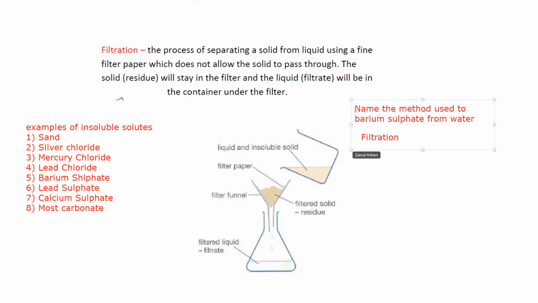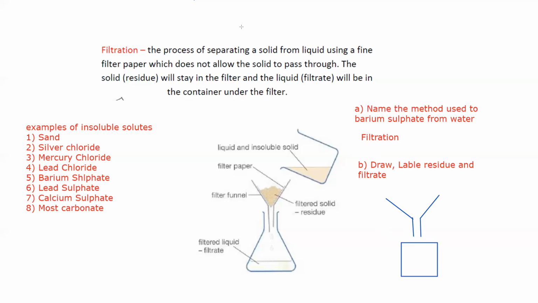And the second part, sometimes they ask to label the apparatus or label the residue and filtrate. So sometimes they ask to draw. So you should be able to draw the filter funnel. What will you draw? You don't have to draw the beaker. You can simply draw the filter funnel, and at the bottom you can have a conical flask, or at the bottom you can have a beaker. On the filter funnel, what do we have to label? The residue. So the solid which is left on the filter paper is known as the residue, and what passes through the filter funnel is known as